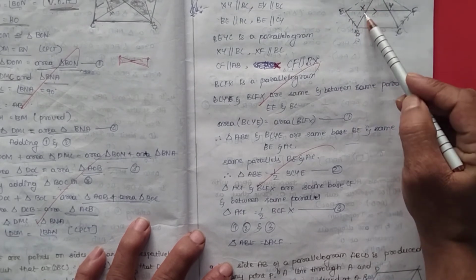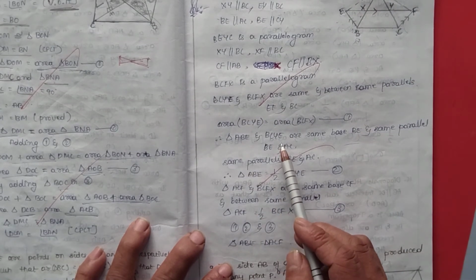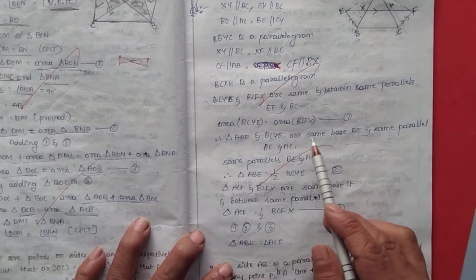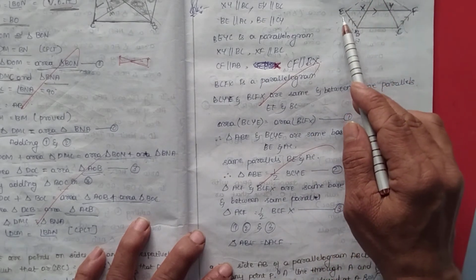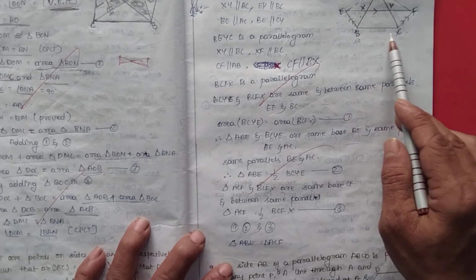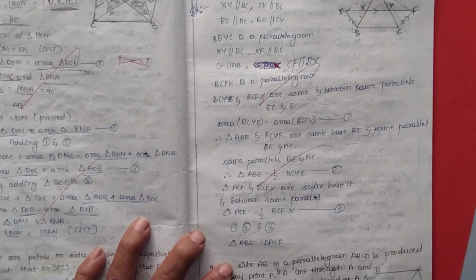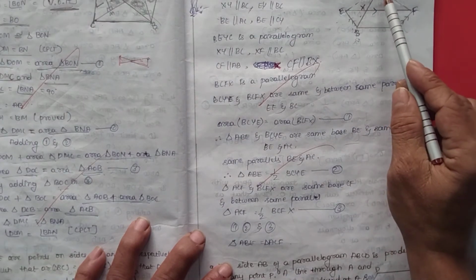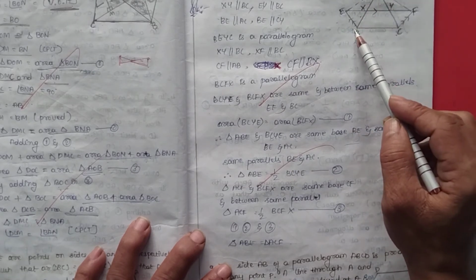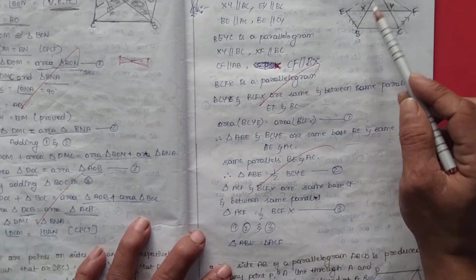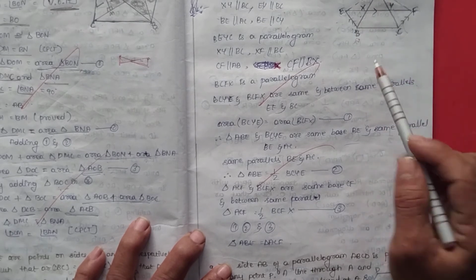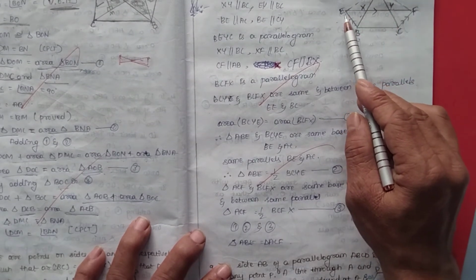After that, we take triangle ABE and the parallelogram BCYE on the same base. This triangle and this parallelogram BCYE, what is the common we are getting here? Can you tell me that? BCYE and triangle BEA or ABE. What is the common? We will get the common base line BE.